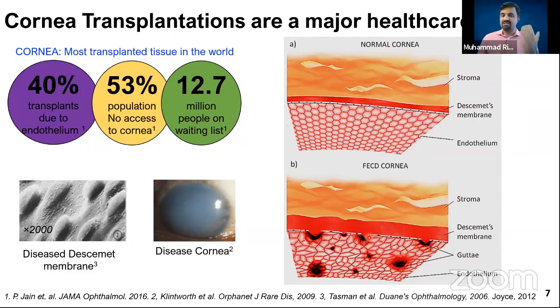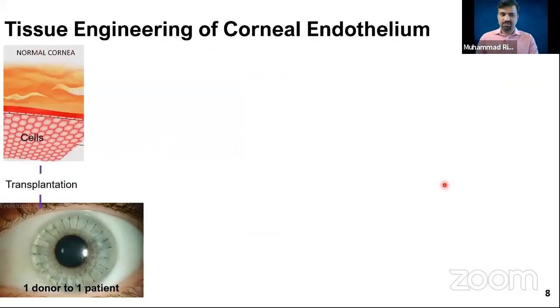But when you get that disease called Fuchs dystrophy, you start to see these micro features, and that ultimately leads to the death of these cells. And once these cells die, the cornea becomes cloudy or non-transparent. So let's say someone has this disease, right? So what are the options? How can we treat these patients?